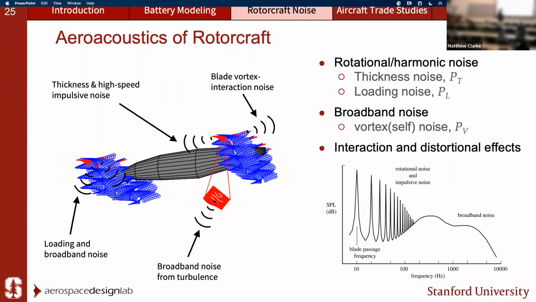And this image here actually does a good job in capturing the types of noise and where they're produced. So at the lower frequency, you hear the wop, wop, wop sound that we hear from the helicopters. These are these spikes here. And then that humming sound you hear when helicopters pass at the high frequency, that's the broadband component of noise. So that's the characteristic noise signature of